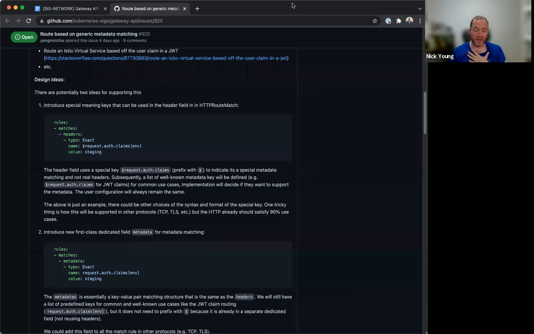Yeah, I think that is exactly what I was saying. I would definitely support what you're talking about, Young, and having the mechanism be present. But I think the really important thing for Gateway API is to be very clear about what things are supported at what level. Something like JOT is, as you say, a pretty common use case. Lots of people want that. It's pretty well understood, so it makes sense that it would either start out in extended or make its way to extended support very quickly.